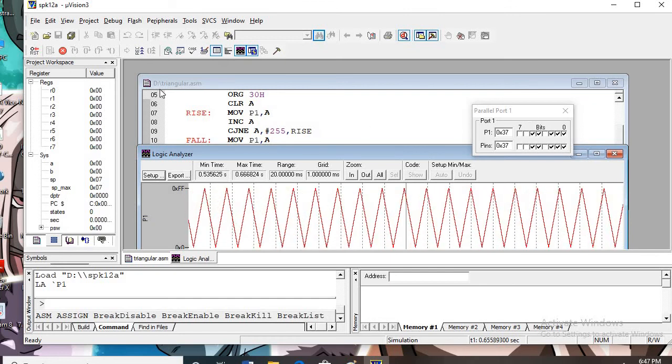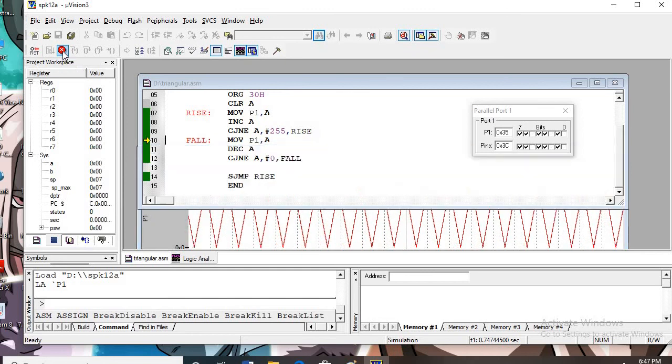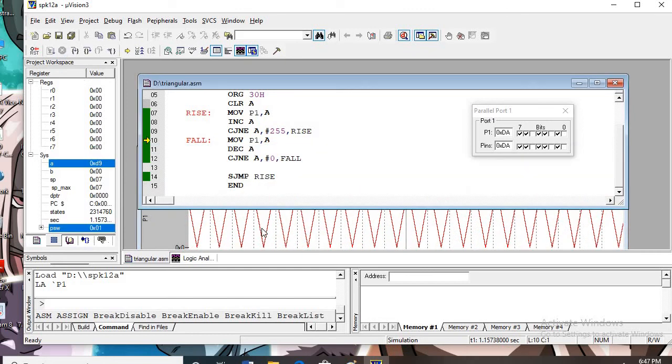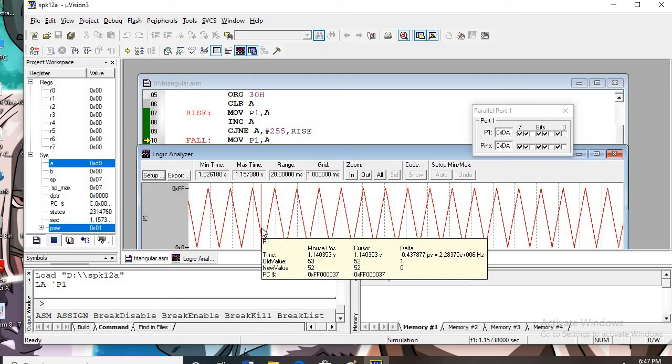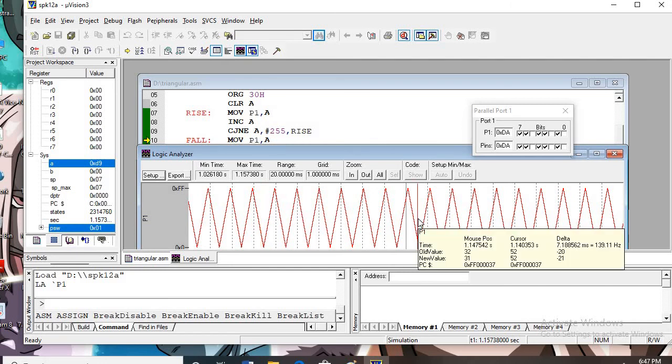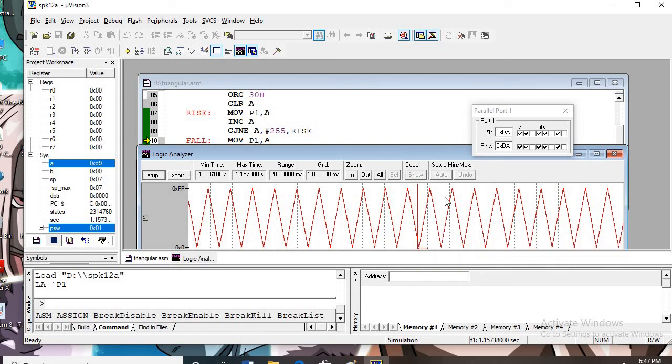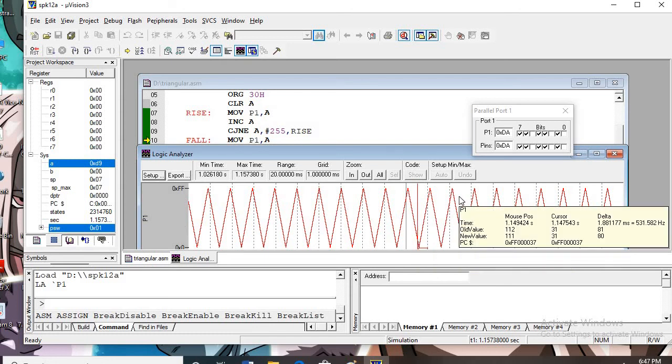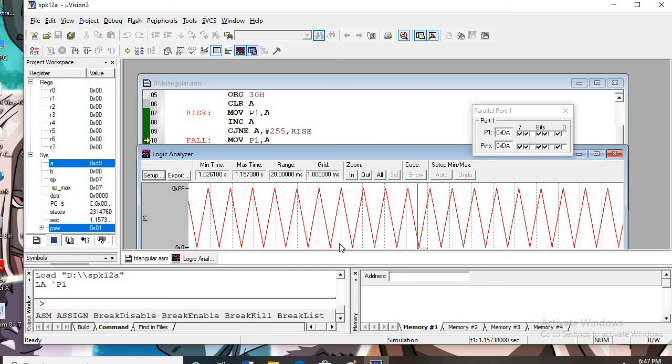If you stop in between, then the waveform is stopped. It can show you what exactly the specifications are in this portion if you want to see, so that you can hold the waveform where you want. So this is the triangular wave, rising portion and falling portion.